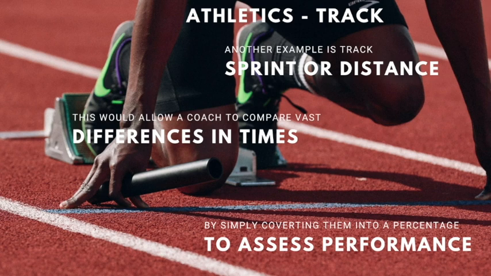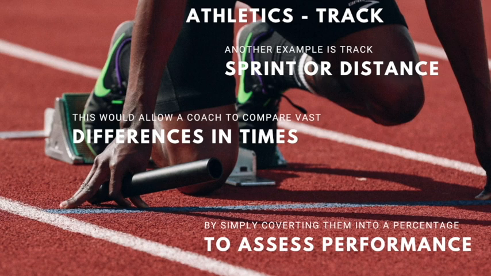The first 10 meters, 0 to 10, will be gaining a lot of acceleration because they're bursting out of the blocks. But they're not as fast as they are at 60 to 70 meters, which is their fastest split within their sprint. And what a coach could do is get the sprinter, over a period of the season or over a short period of time, to collect maybe 7, 8, 9, 10 full 100-meter scores, but instead of just going